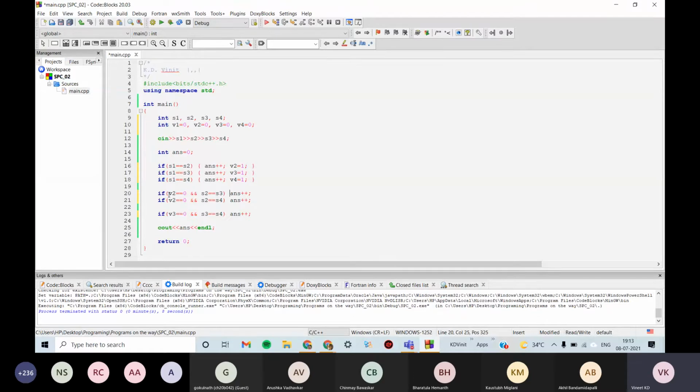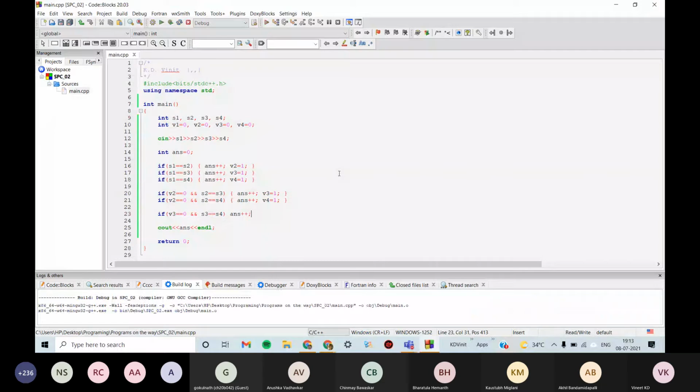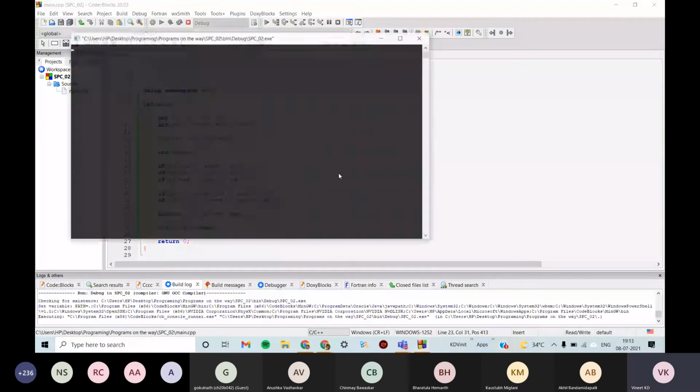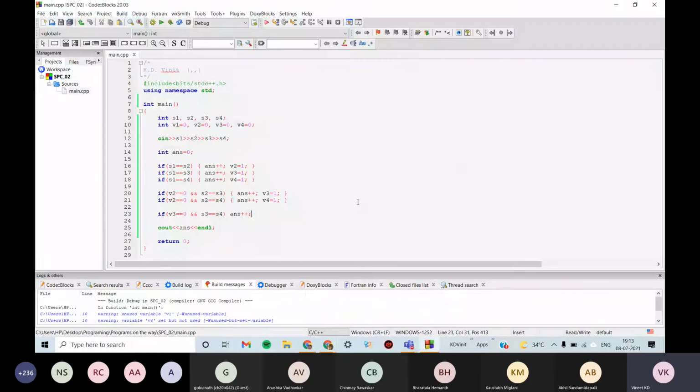Also, I think we need to mark it visited again here, so V3 equal to 1. I think marking visited here should be fine. I will just try running it. We'll see if it works. First case, let's see if it works here.